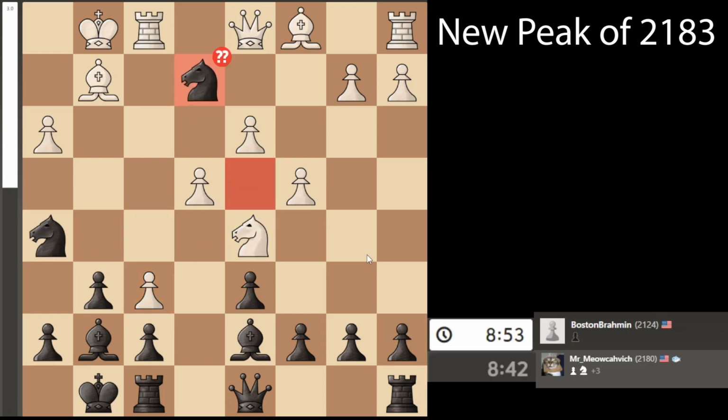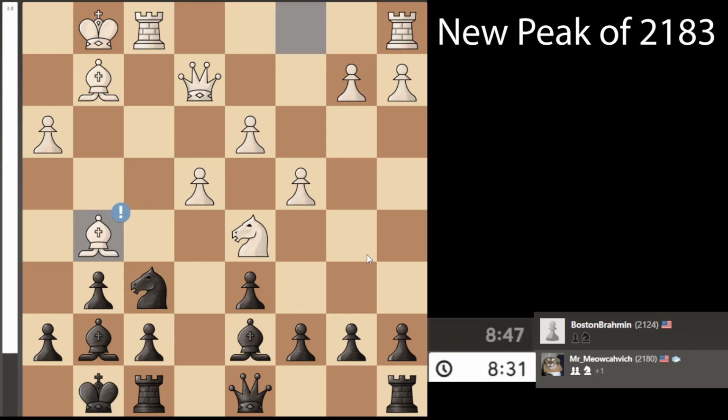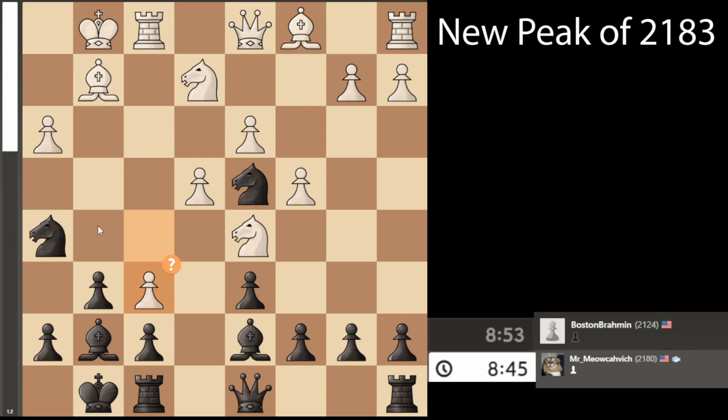I would take the knight with check. As you can see, I get the double question mark. Queen takes. And I would take on f6. It's basically the same position, except the knights have been traded. But this allows bishop g5. Actually, I don't know what the difference is. If I take here, bishop g5,